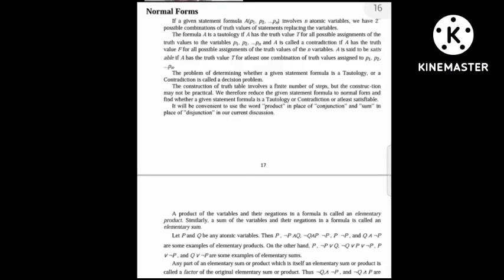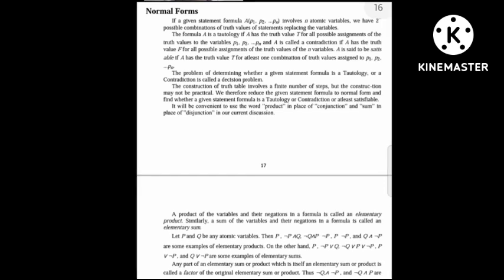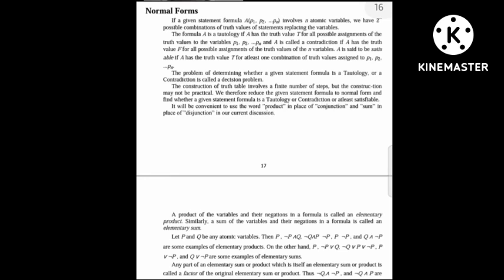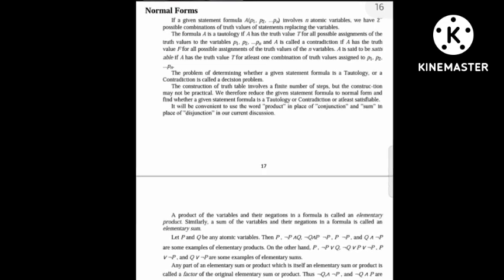So what are normal forms? If a given statement formula involves n atomic variables, we have 2^n possible combinations of truth values of the statement replacing the variables. The formula A is a tautology if A has the truth value T for all possible assignments of the truth values to the variables P1, P2, and so on to Pn, and A is called a contradiction